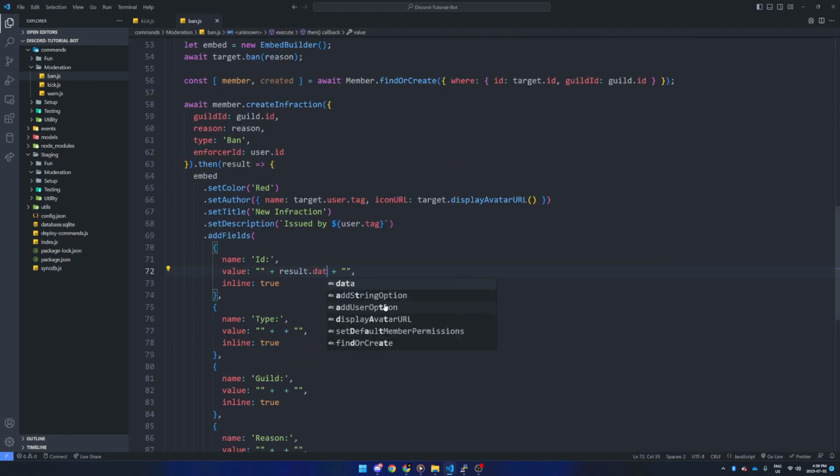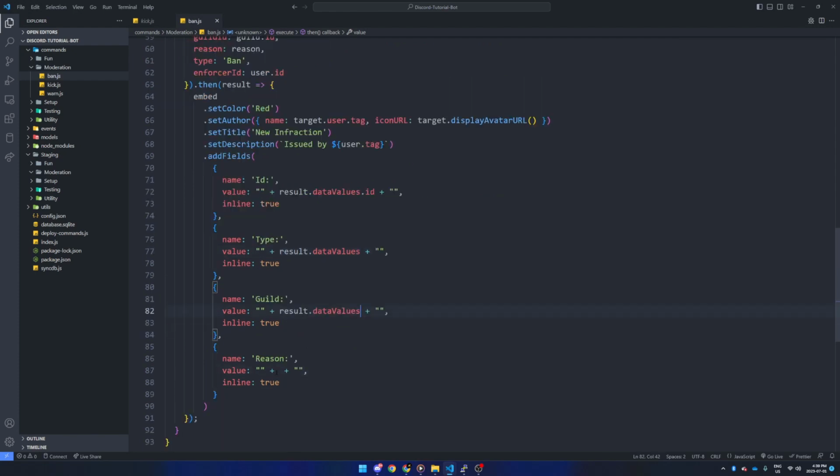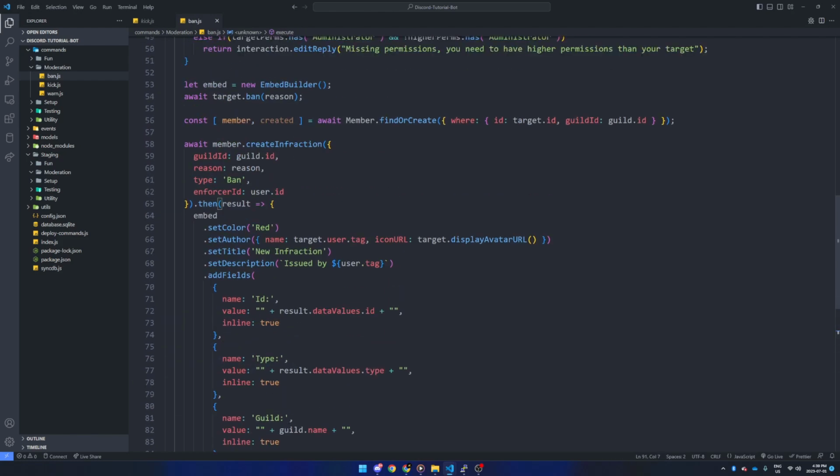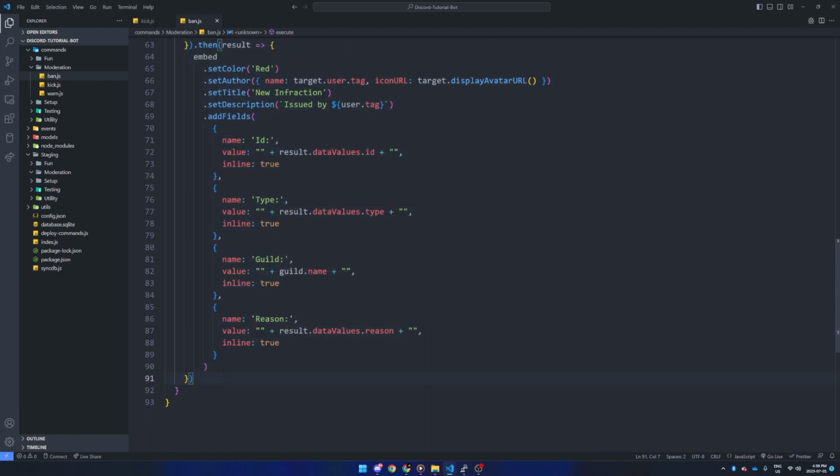Result dot data values dot ID. We're just gonna go ahead and copy this. And this is gonna be dot type, and this is actually just gonna be guild dot name. And this is going to be .reason. Should be pretty self-explanatory. Oh, and here on the then statement, right here at the end, we're going to go